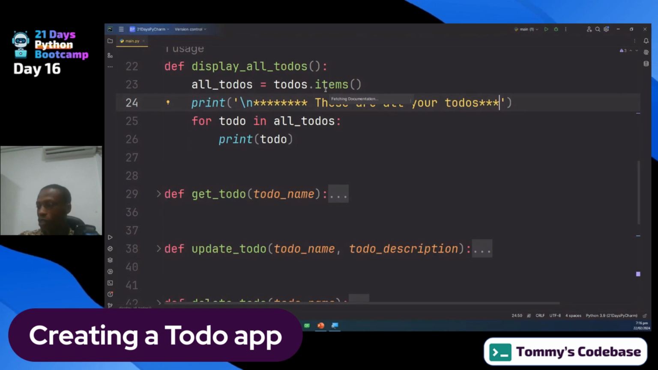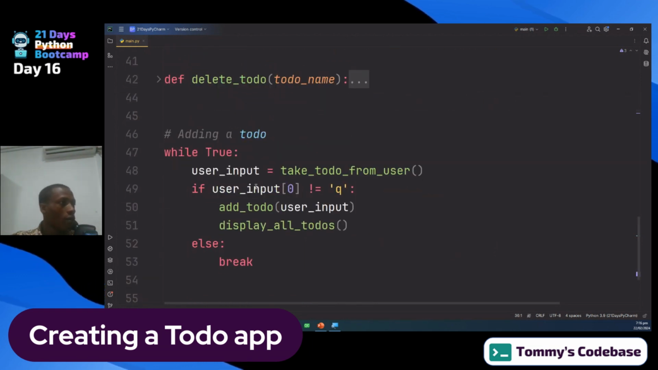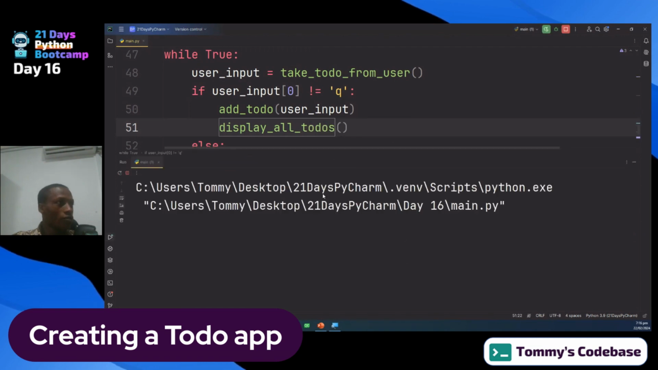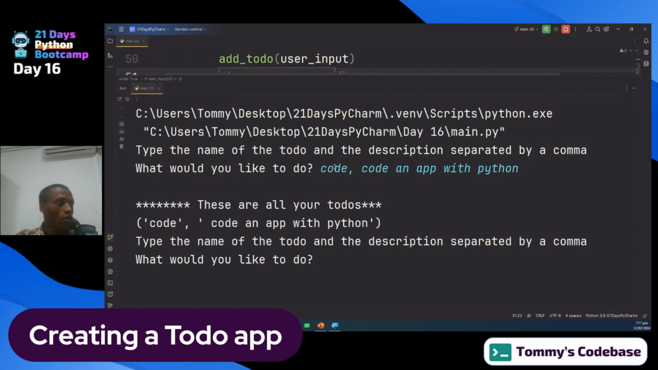So that you will see something nice displayed there. Okay. So again, let's run our code. Code and app with Python. And so now you see that these are all your to-dos, and then you have that in here. I should have put in another line down there so that it will also space it out nicely. So this one will be